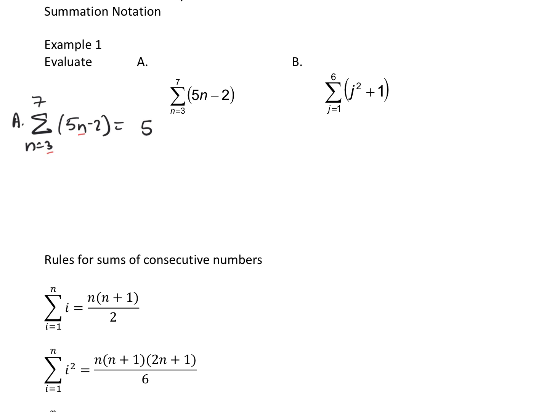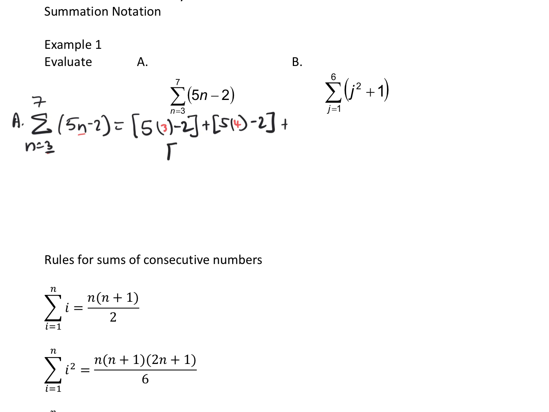5 times 3 minus 2. So I started with 3 because of that there. But make sure you put these in parentheses or brackets to realize that that has to be worked together. And then I'm going to add, and I'm going to go to the next one. Now I'm going to go to 4. So I have 5 times 4 minus 2